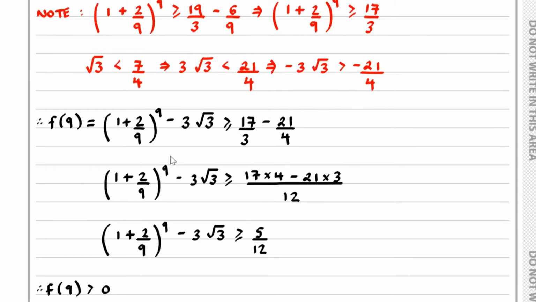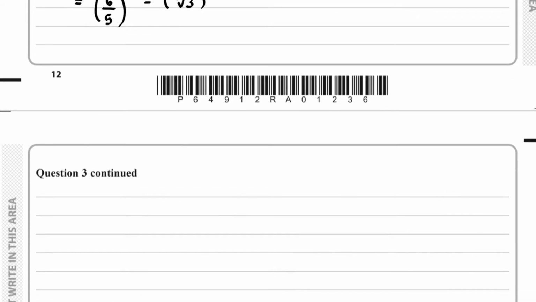And if we use what we were told in the question, we know that the 6th root of 3 is greater than 6 over 5, which would mean